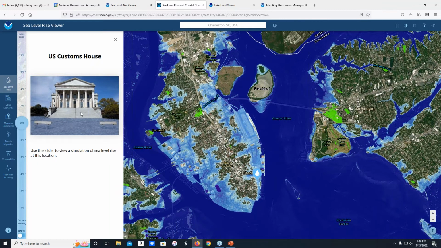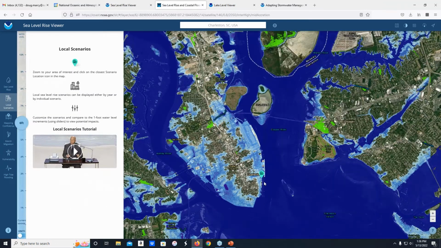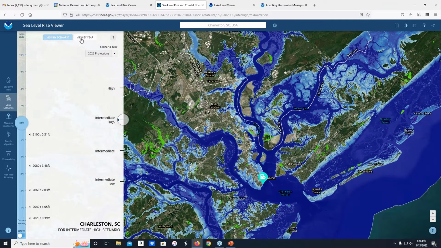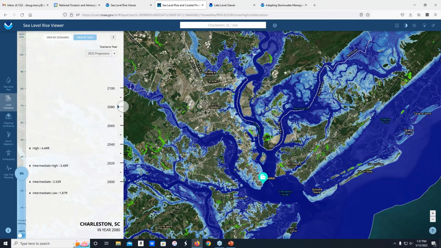Where we've added in the projection information is under local scenarios. You click on the nearest tide gauge, which is right here in Charleston, and you can look at the scenarios by year. If you're planning to 2080, for instance, then you have the high, intermediate high, intermediate, and low scenarios. And then you can adjust the maps to match in between those.